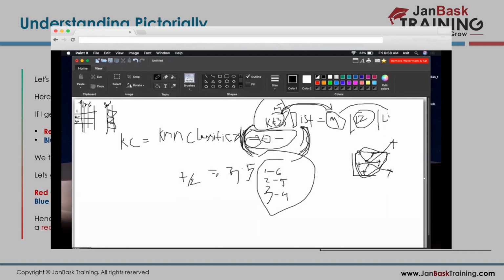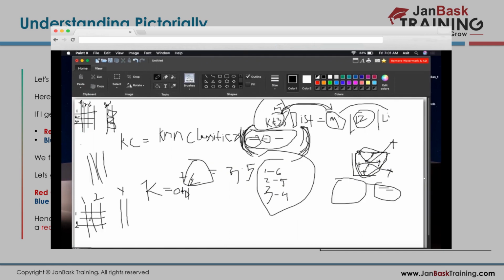Normally we are going for a vote, which class has the majority among the nearest identified neighbors. That's why the k value is always an odd value. Suppose for the given example there are 2 records, and there are 3 features. We will extend it to 3. Just try to understand.